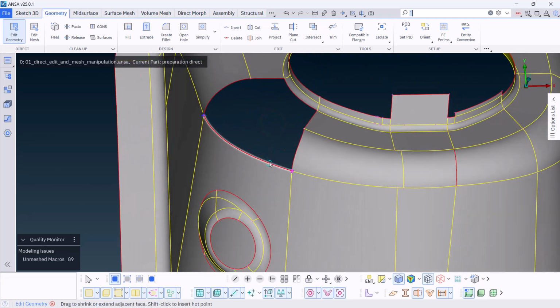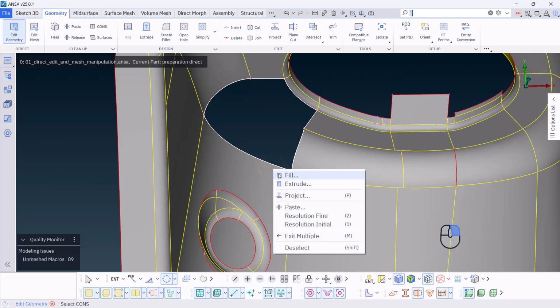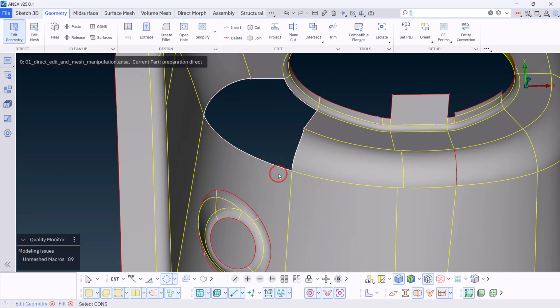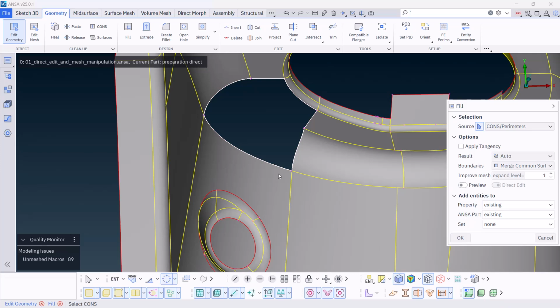Another more regulated way to fill a gap is by selecting multiple bounds. Hover over a cons to highlight it and press the key M. As you can see, additional selection tools become visible in the lower area of the window. Activate the Loop tool to select the entities that form a loop. Proceed with selecting cons using only the left mouse button. Then, press the right mouse button and select the Fill function from the context menu that appears.